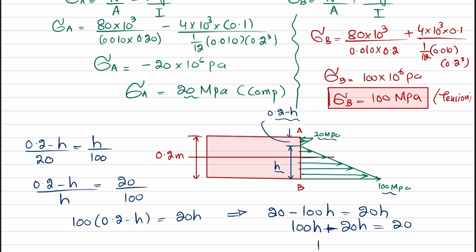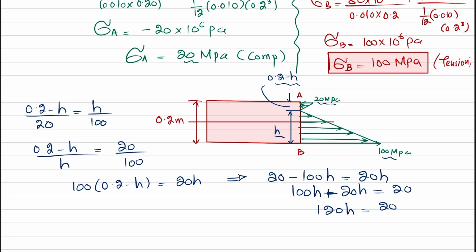It means that 120h will be equal to 20 and h will be equal to 20 divided by 120, so h will be equal to 1 over 6 meter. So h will be equal to 0.16667 meter. So in terms of millimeter, h will be equal to